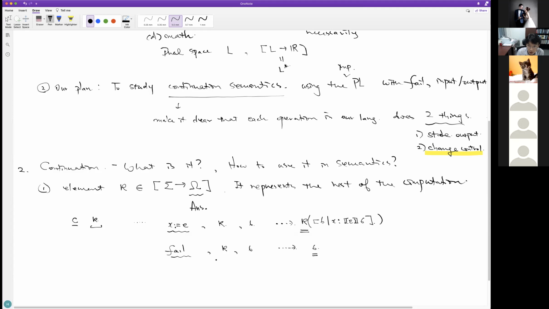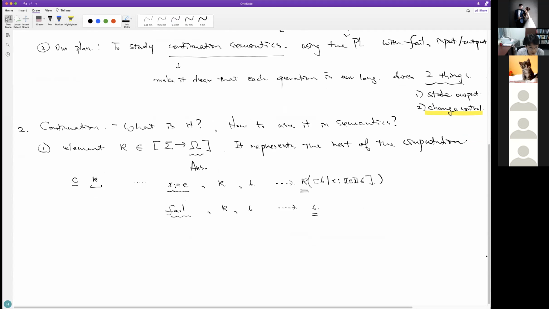So having kappa allows us to express this intended behavior, the second aspect of the instruction, which is how they are going to change the control of the execution, much more explicitly. And if you compare this with what we did before in denotational semantics, when we use fail, if we give a sigma, we said we're going to record it as an abort state.